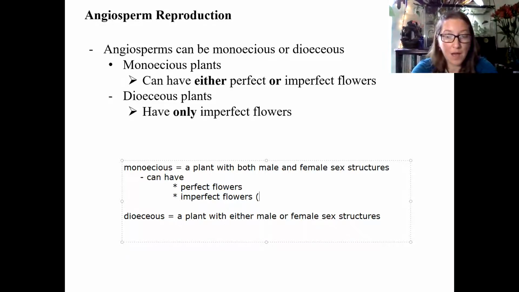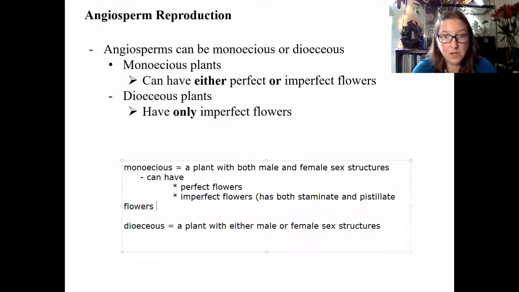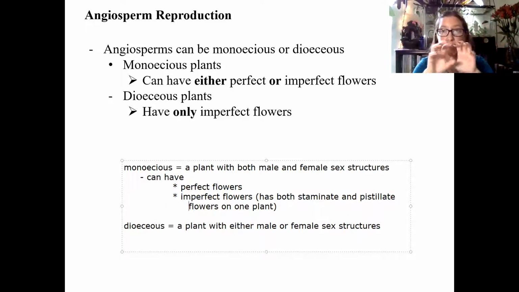So it has both staminate and pistillate flowers on one plant. So a monoecious plant may have imperfect flowers. That's okay though, as long as both of the flower types, the male flower with the male sex structures and the flower with the female sex structures, are present on that monoecious plant, the plant's still monoecious. However, if you're a dioecious plant,